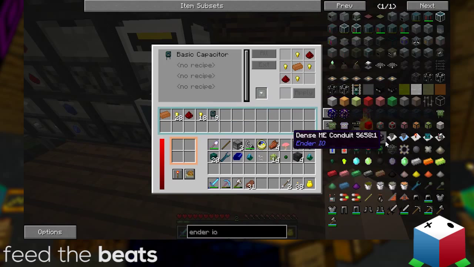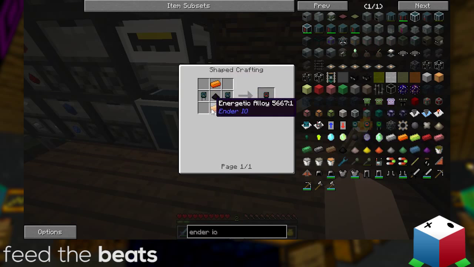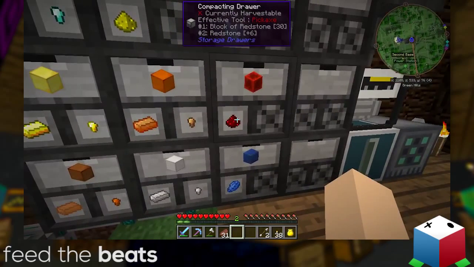Alright, so now we can start making the next tier of capacitor, which is the double layer capacitor. And now we need a couple of new things. We need energetic alloys and coal dust. So let's...